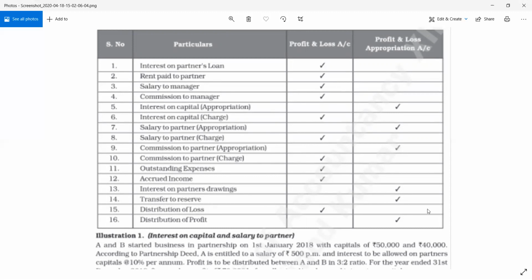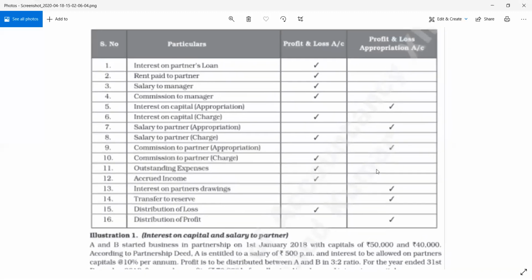Transfer to reserve, profit and loss appropriation account. Distribution of loss, profit and loss account. And distribution of profit, profit and loss appropriation account. ऐसे होता है। ठीक है, सो ये हो गया हमारा पार्ट